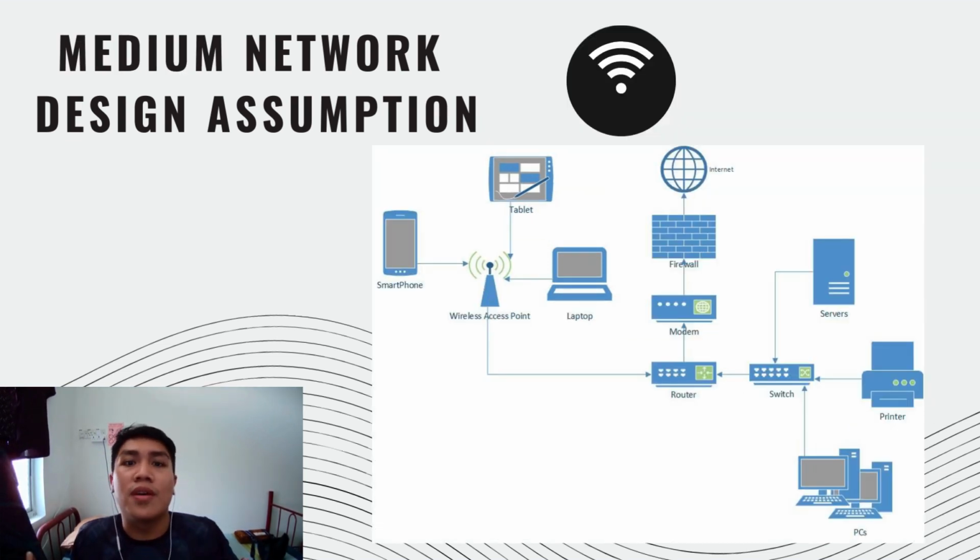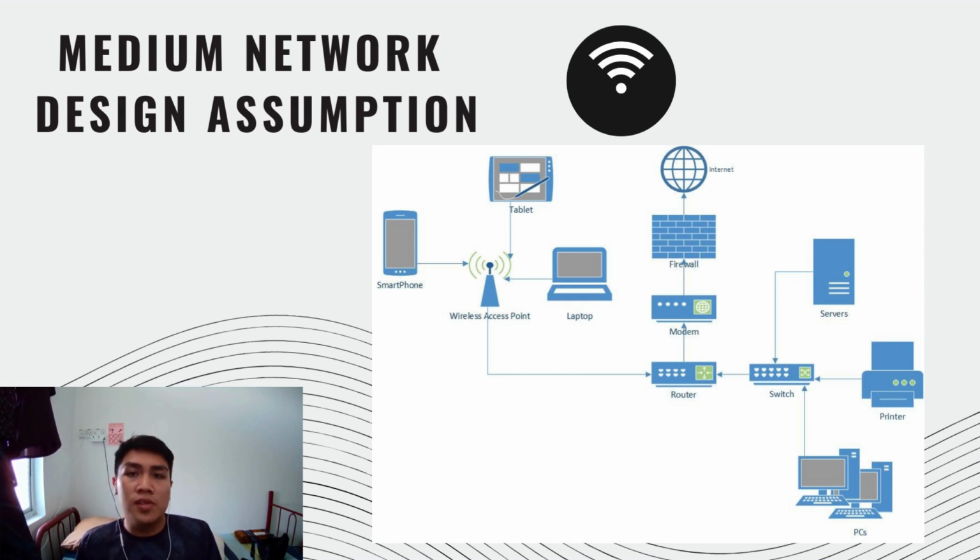Okay, so we're back with the medium network design assumption. This is for the computer lab that is requested. And what we can see here, the basics are there, from the internet to the firewall, to the modem, and to the router as usual. But this time there is an additional device used, which is a switch. And the switch is to allow multiple internet cables to be connected to it, and then the cables can go through to what we assume